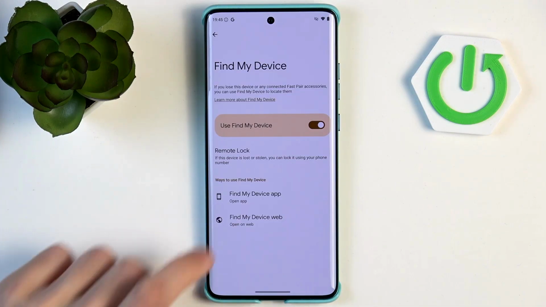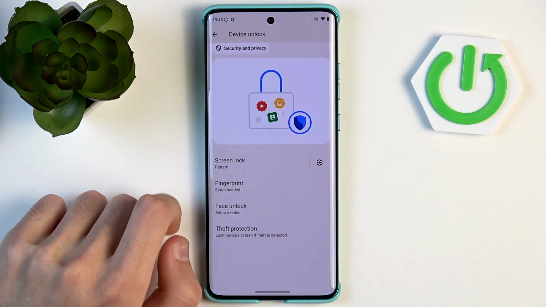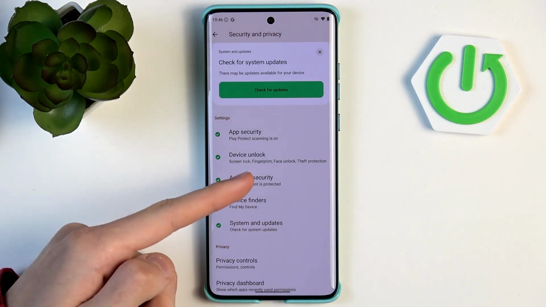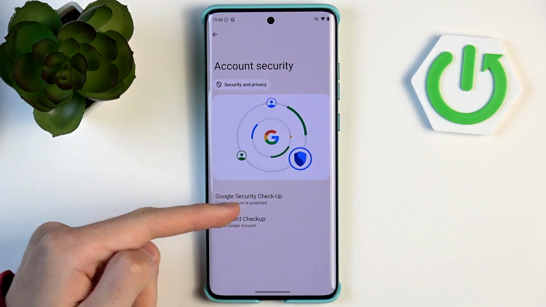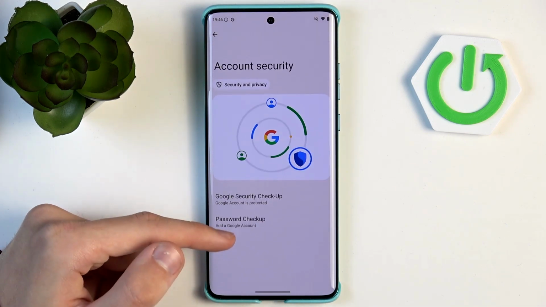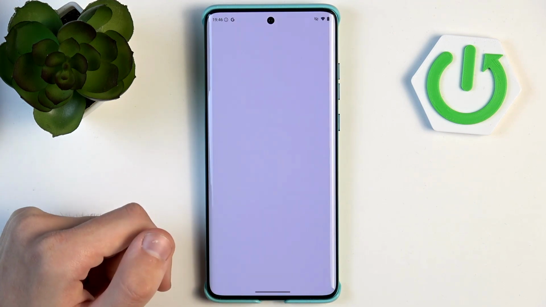Anyway, leaving our screen lock and the whole method, we can go further down and see other options. So we went through the theft protection. Now we have account security. It just works automatically. You don't really have to do anything about it, though we could add a password checkup if we want to,